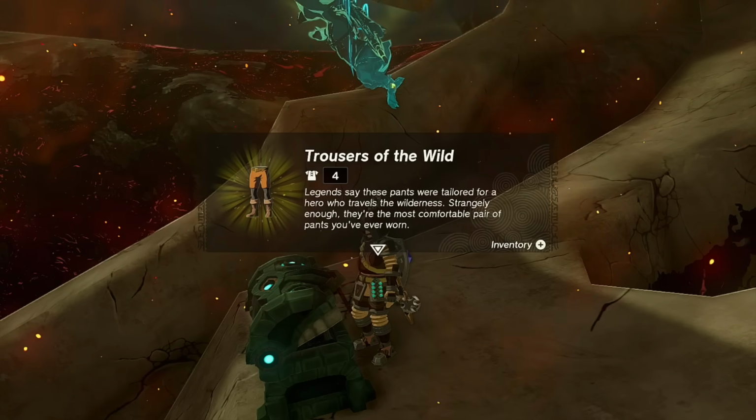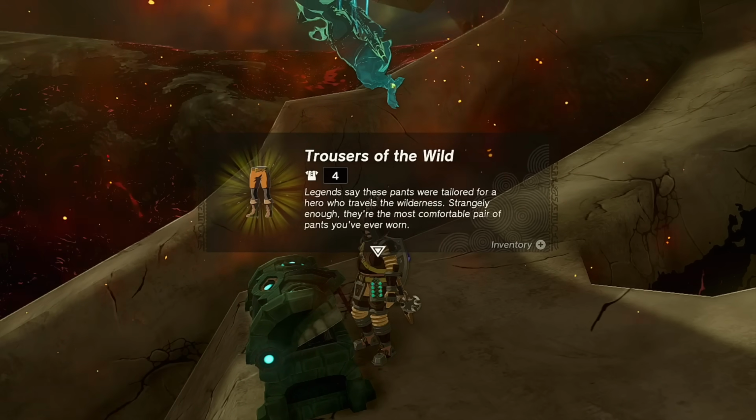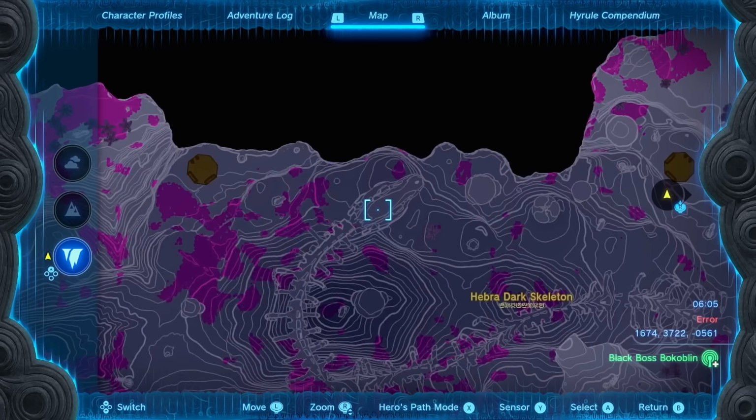And that's the Trousers of the Wild. Strangely enough, they're the most comfortable pair of pants you've ever worn. Maybe because they're yours. Our next piece of the Wild set is going to be here underneath the Hebra Dark